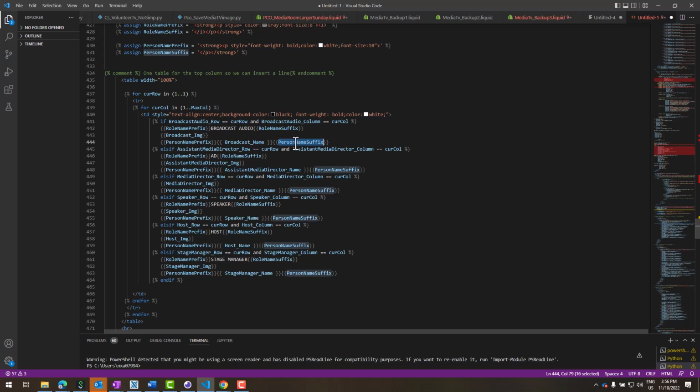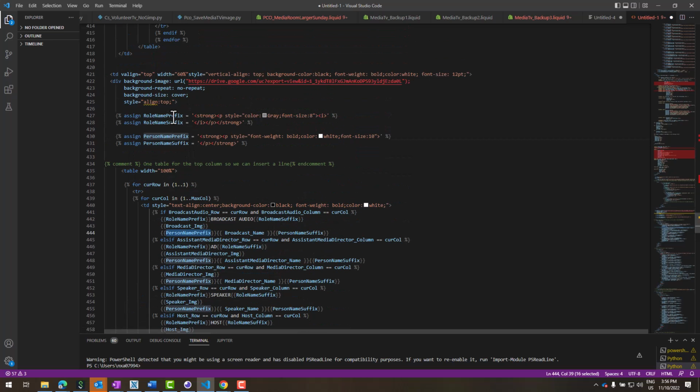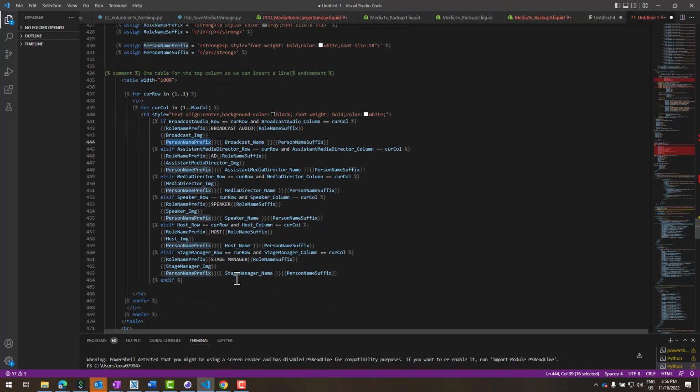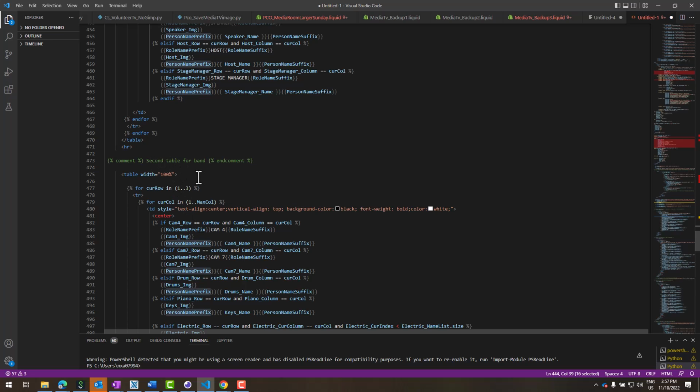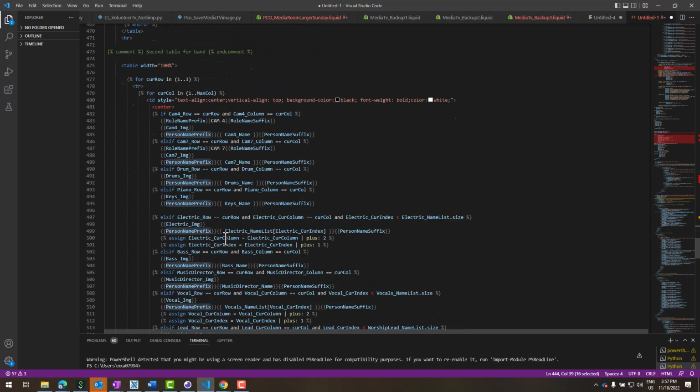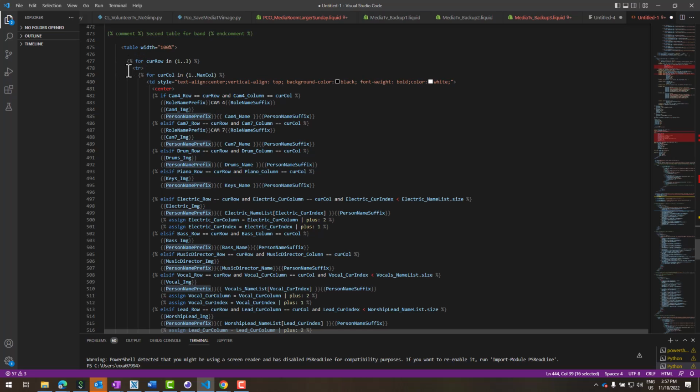and then this stuff right here, I put all the style stuff up here to make this really minimal and clean. You could easily change the style up here depending on what you want. And so there's that table. Okay, so now we have the second table for the band, and this is that big one. So here's our max column count that we assigned up above, and so now we basically go through all the cameras and the drums,